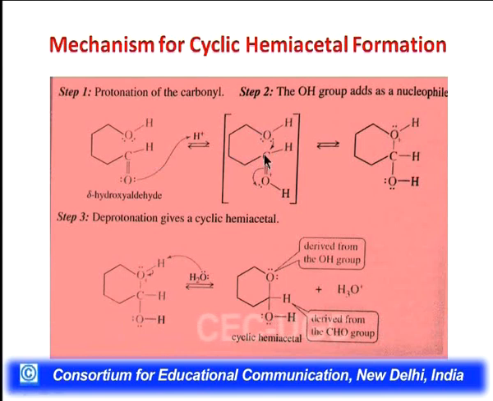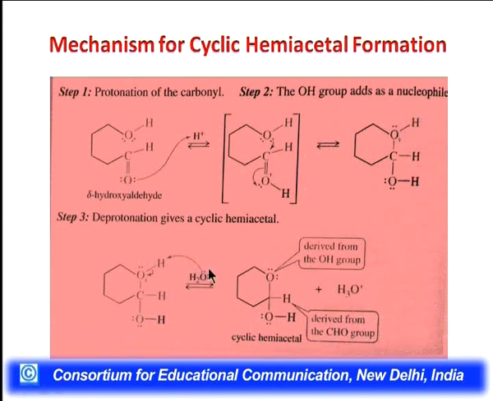Now when this happens, what we find is that this can react either from this phase or from now the bond becomes single, so it can react either from either of the phases here, resulting in 2 anomeric forms. So we get this cyclic structure here, and in the next form what happens is deprotonation takes place, that this proton is removed by water, which is acting as a catalyst here.